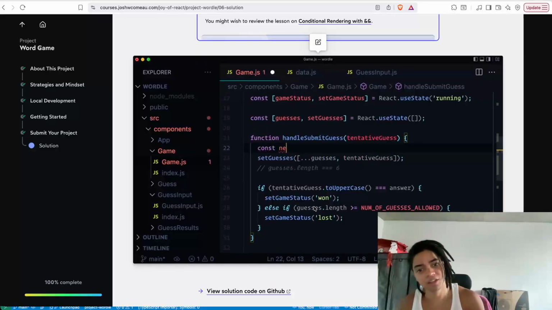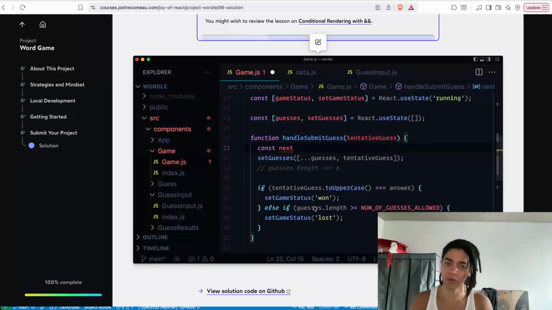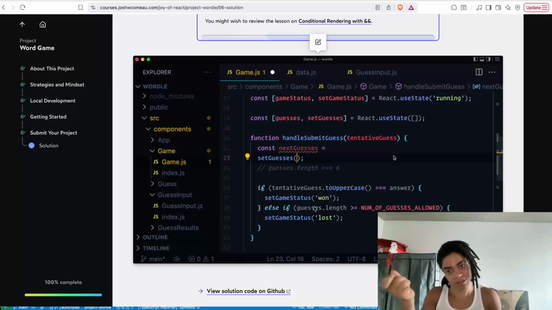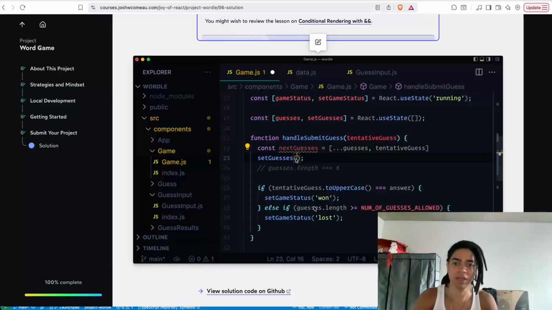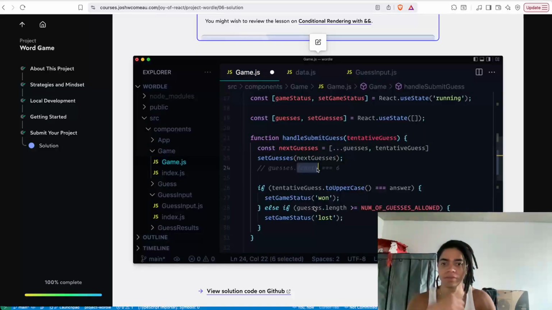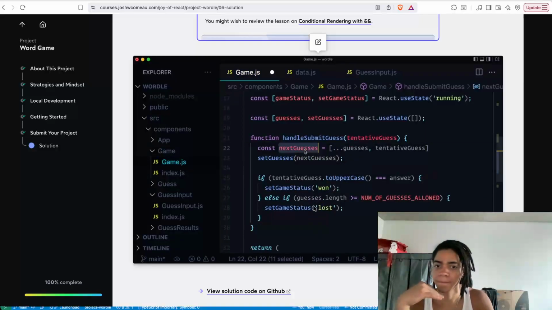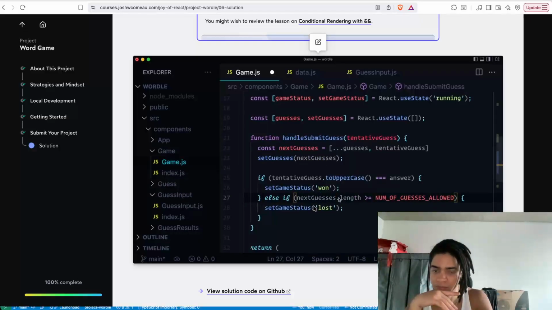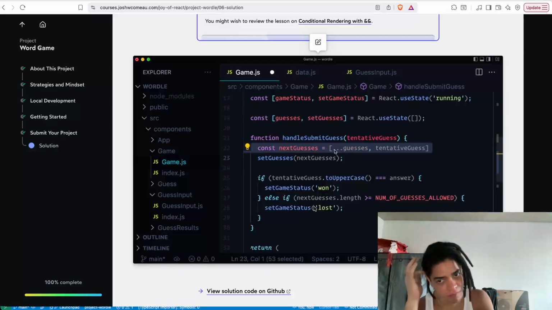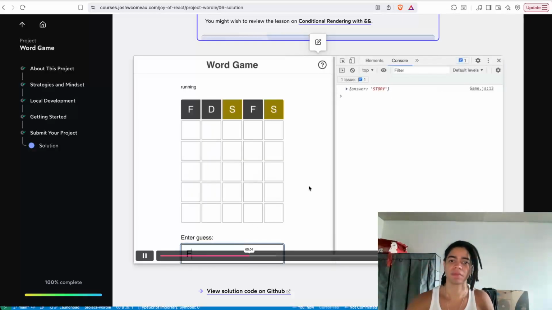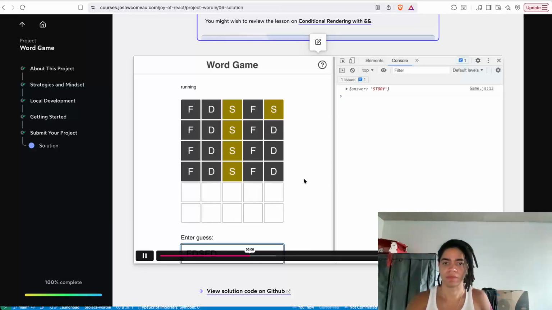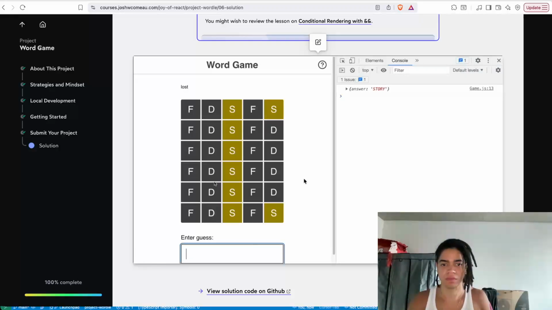The way to fix it is to pluck out a variable. So I'm going to say next guesses is equal to this array. Then I'm going to set that so that we indeed do update the React state. But in the meantime, I'm going to use this next guesses array as the thing that I consider, because guesses is a stale value at this point, but next guesses is a brand new array I've created right here. Okay, so if I check and see that this works, I can enter 5 and then 6, and haha, it